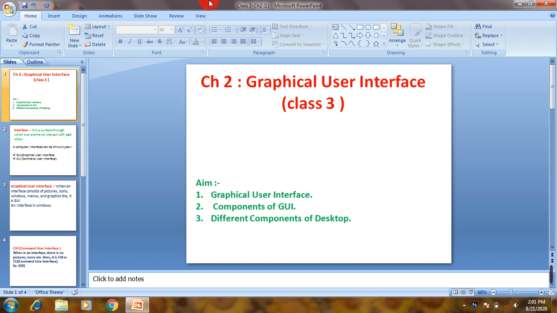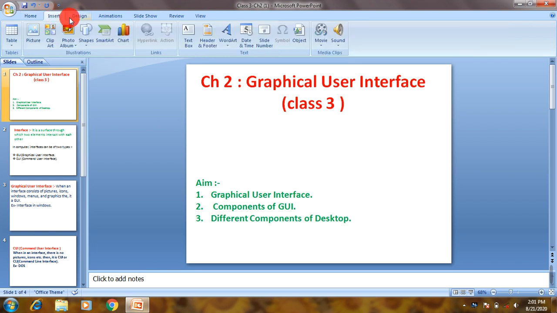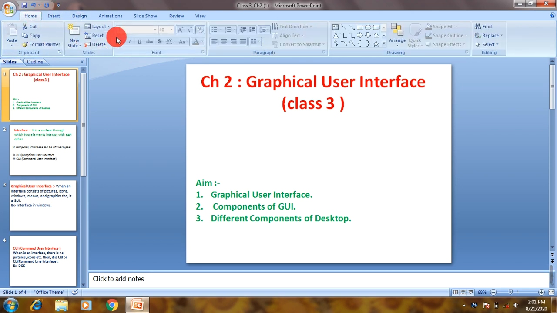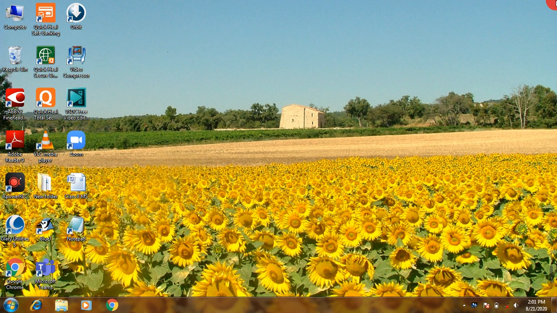So here you can see this is one application, and in this application, this is the interface provided for working. Here you can see these are the tab buttons, and these are the various tools here. This is the title bar. These are the parts of graphical user interface.